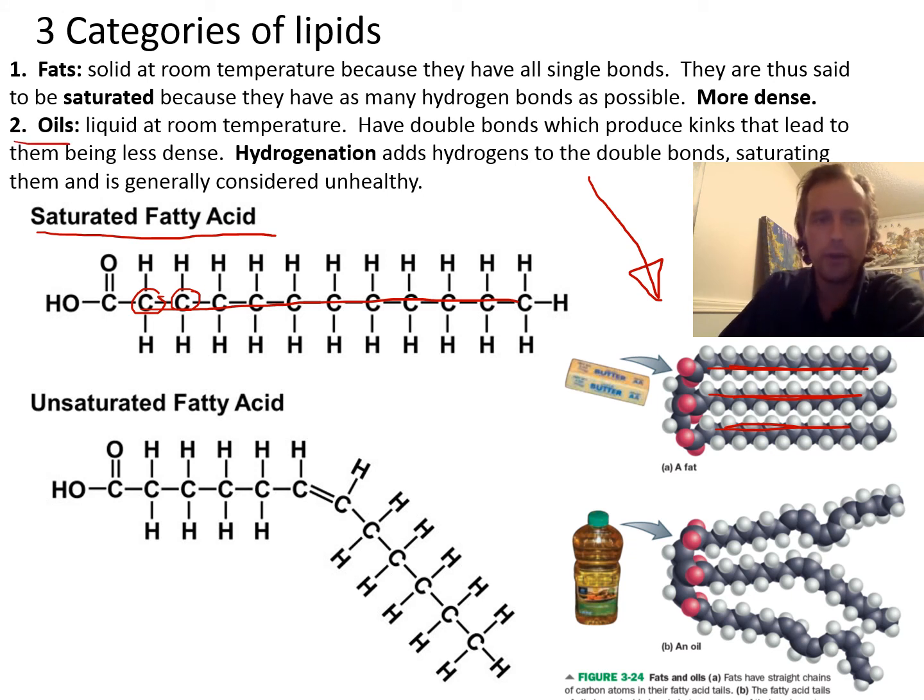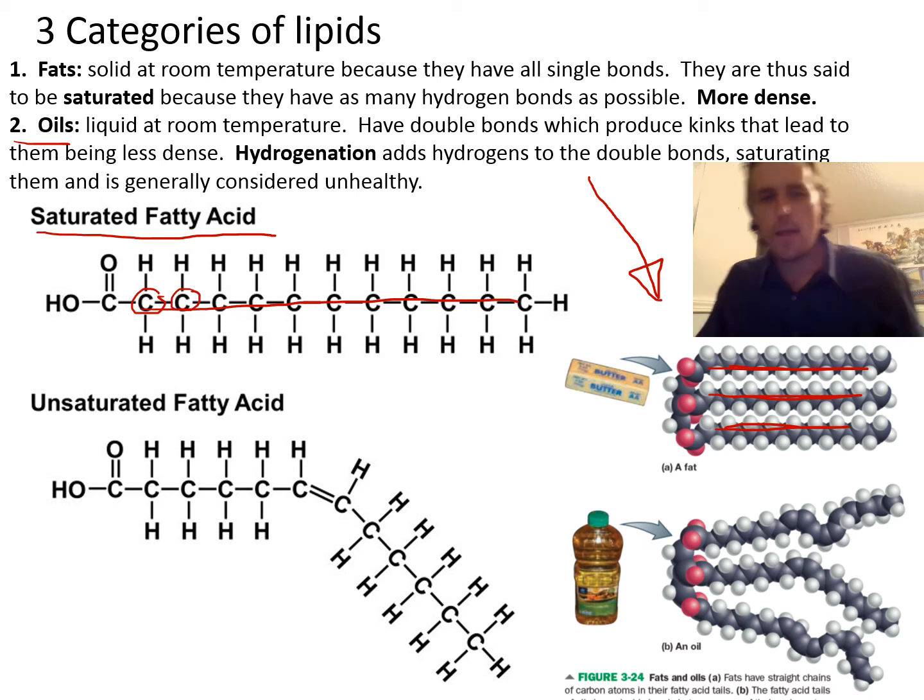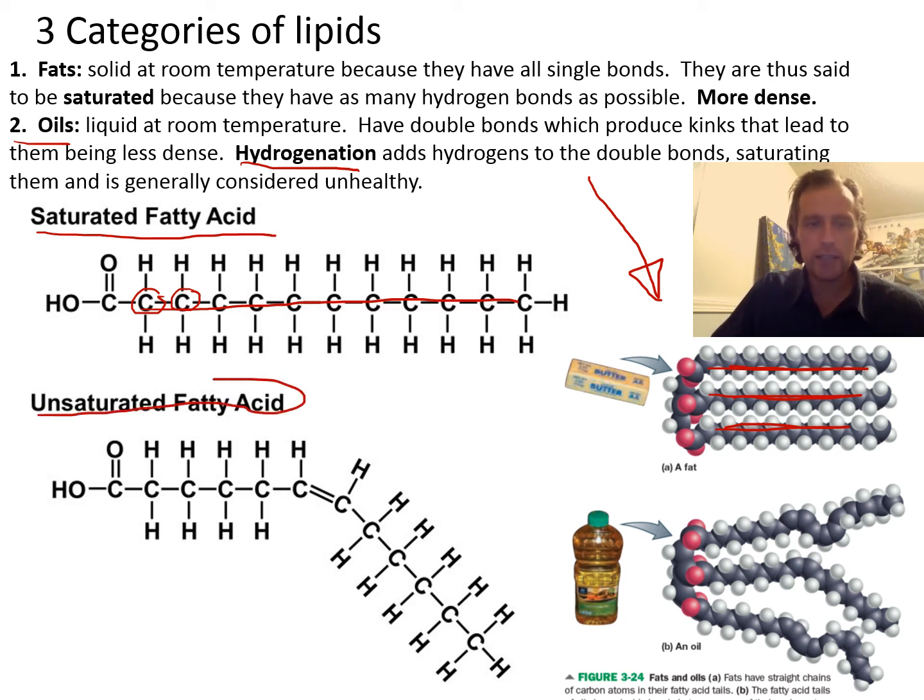Number 2, oils. These are liquid at room temperature, and they have double bonds, which produce kinks or bends that lead to them being less dense. If you've heard of hydrogenated fats, you probably know that they're, according to most health professionals, not considered to be too healthy. Hydrogenation would add hydrogens to the double bonds, thus saturating them, and this is generally considered to be unhealthy. So looking at unsaturated fatty acid structure here,